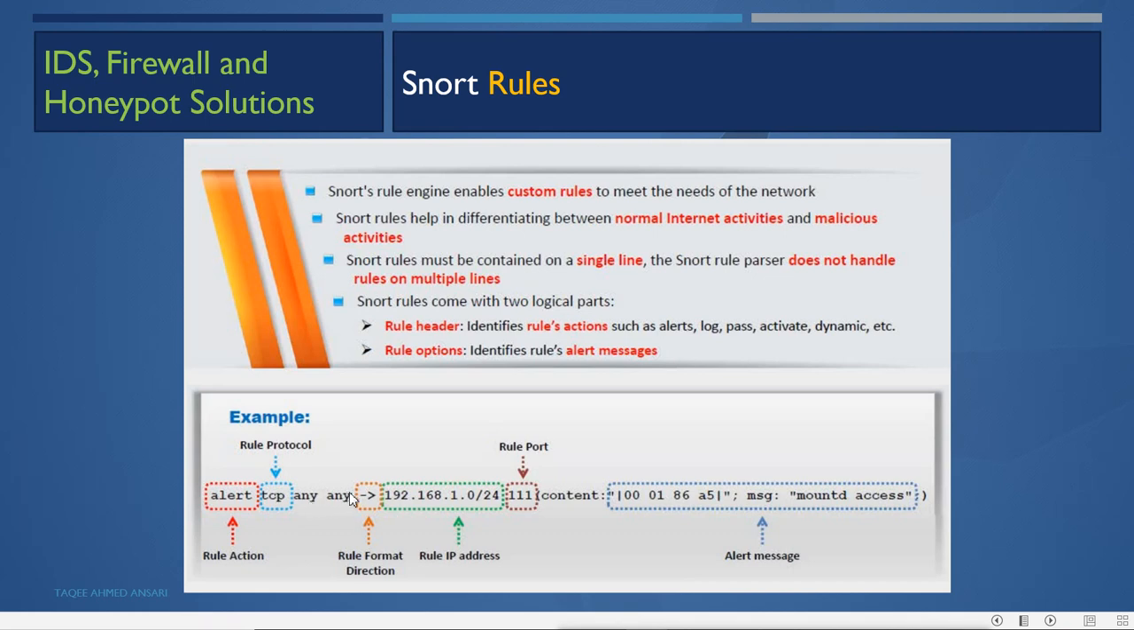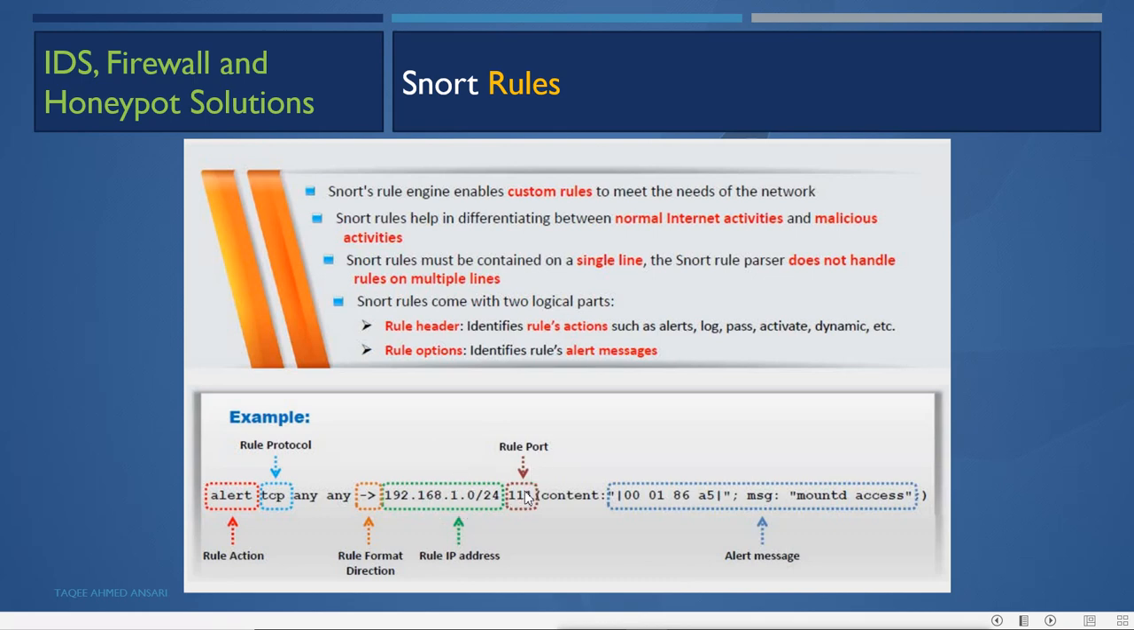So this arrow decides for which side the rules are created. Now here it is saying any, that means it is for the outside network. Now outside network, any source and any port number. Any means any IP and any port which is coming inside. This is the rule format direction, and inside it is saying the IP address for the inside network and